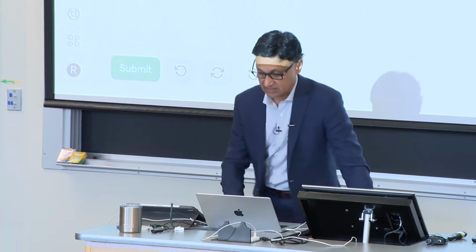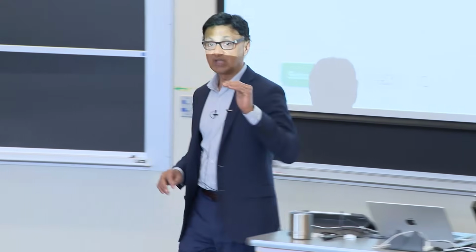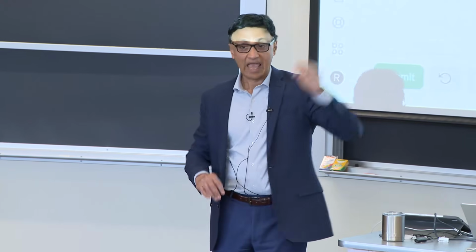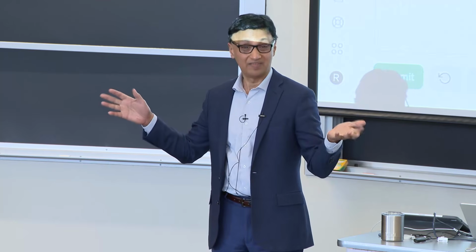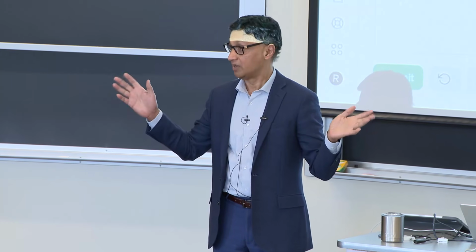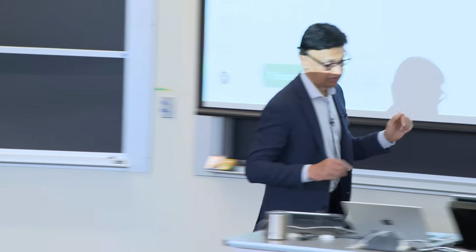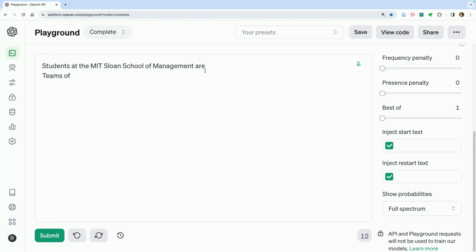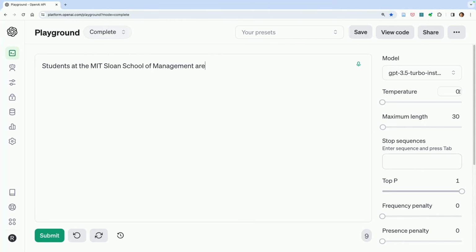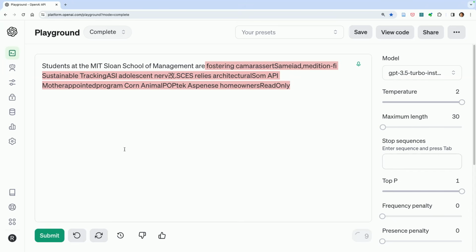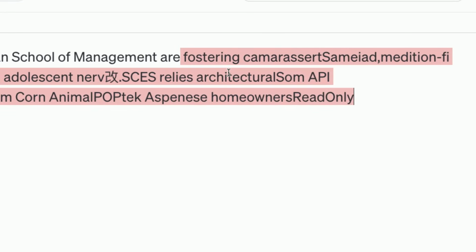I said that if the temperature goes above 1 to a higher number, every word in the 50,000 becomes sort of equally likely, which means it's going to produce garbage, right? So let's actually see garbage production in action. So, all right, let's just nuke this, okay? And I'm going to take the temperature and max it. I'm going to call it 2, okay? Which means that literally anything is possible. Submit. Ladies and gentlemen, I present to you a modern large language model.